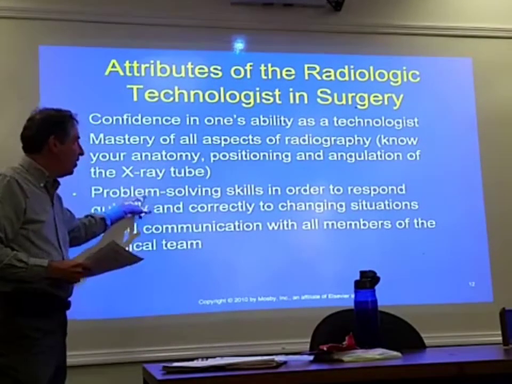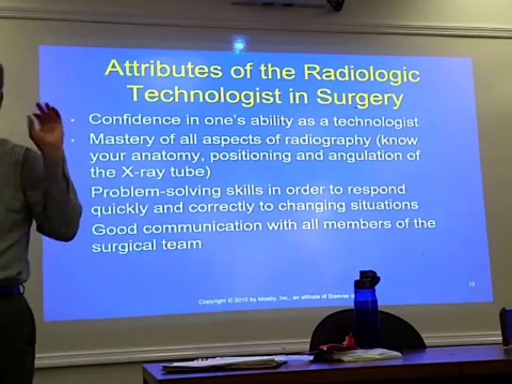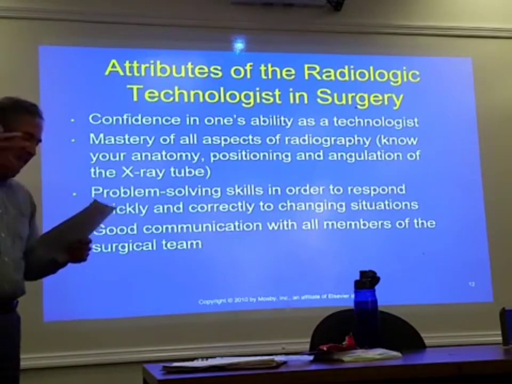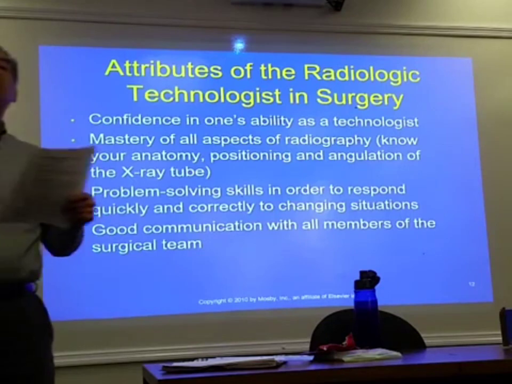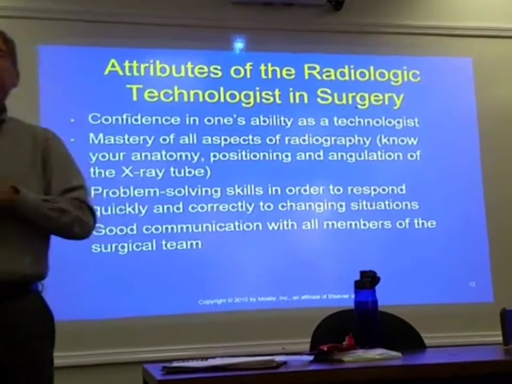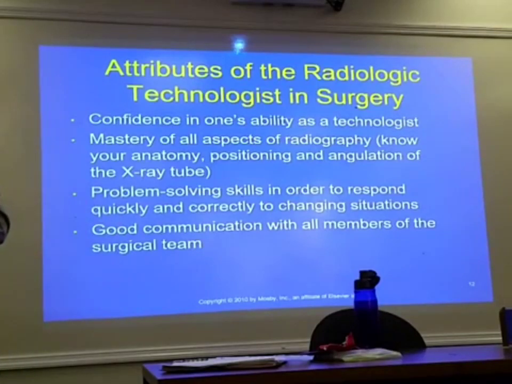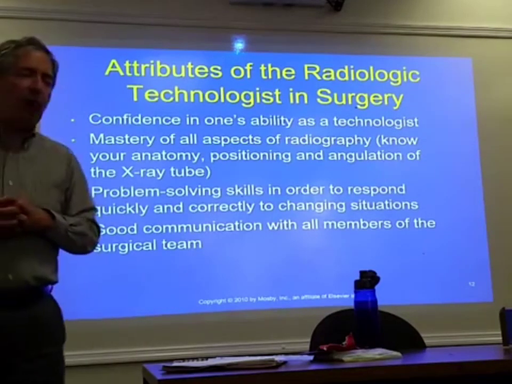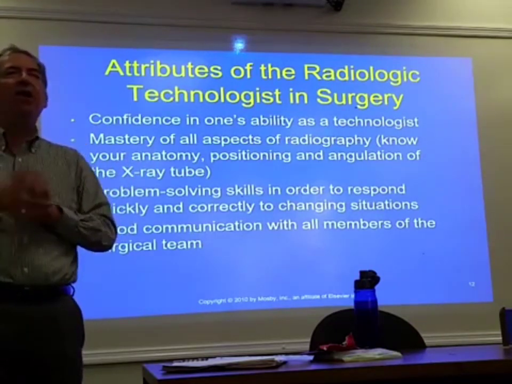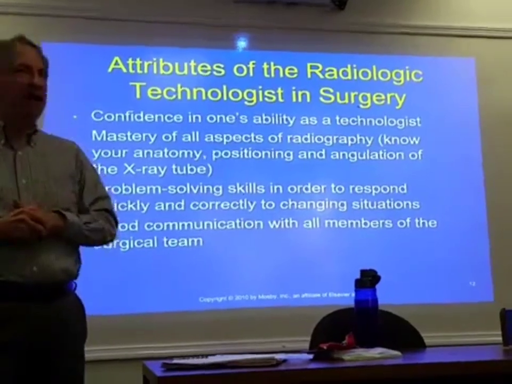Problem solving. This is probably the most important one, because OR is trauma, all right? We need to really think on our feet as to what kind of angle to use, where everything goes. Sometimes the surgeons may not help out as much, okay? And again, you want to play that game of association when you can't figure something out. Let me give you a for instance. When I first started working in the evening, one of the guys came down from surgery and said, yeah, they wanted a lateral mandible. I said, God, what